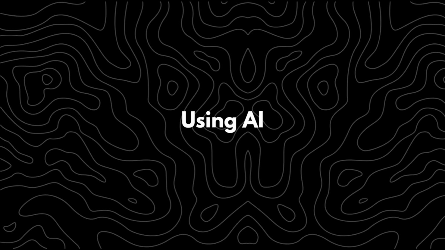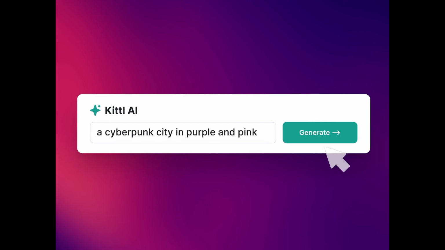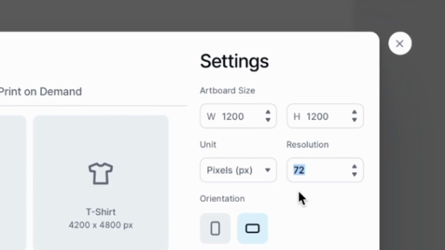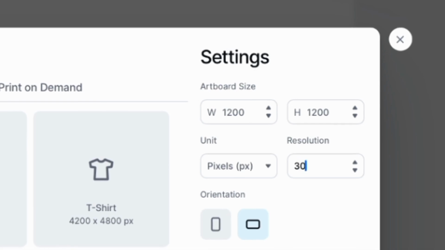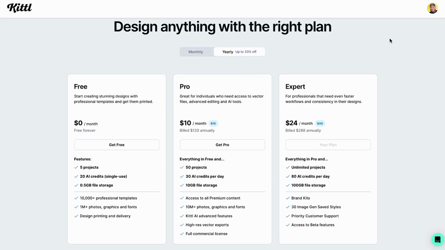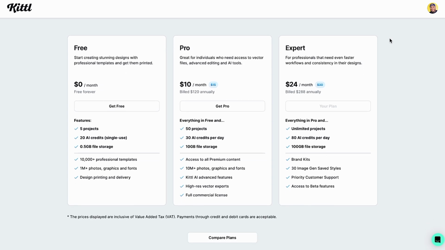To craft the design using AI, I'll be using Kittl, a platform with AI features that allow me to generate high-quality designs. It also offers the option to increase the DPI to 300, which is Etsy's recommended standard for better quality. Kittl has a free plan you can get started with, but to access all these amazing features,